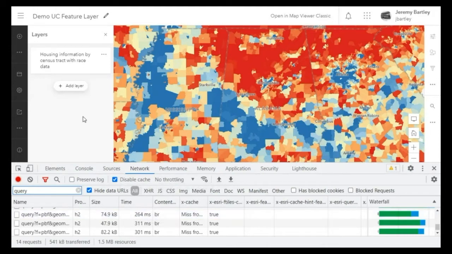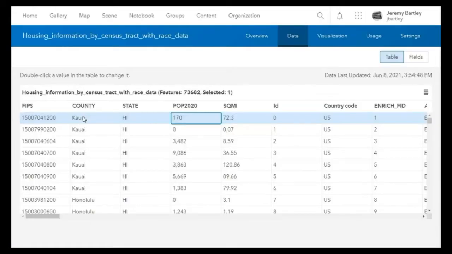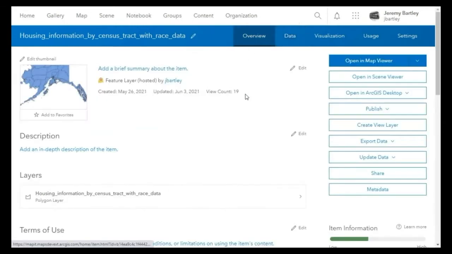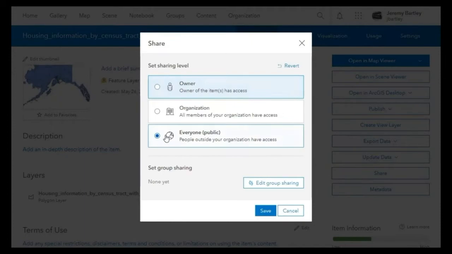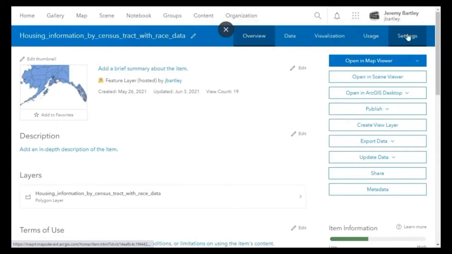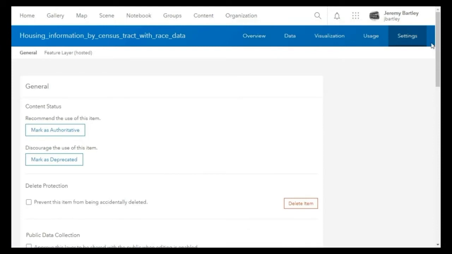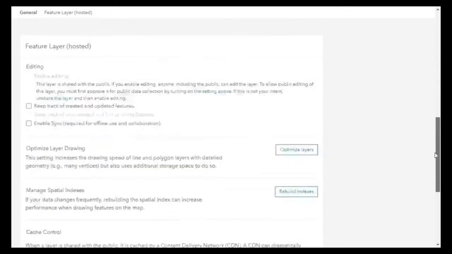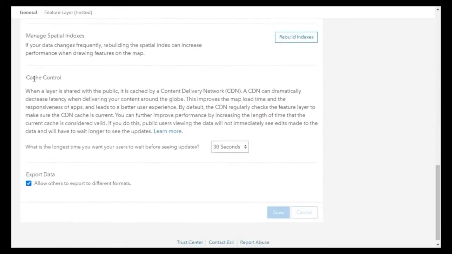Now what happens when I make this public? I'm going to go back to the item page, and I'm going to share this to everyone. Okay. And I want to call your attention to the settings of the item page. If you scroll down to the bottom here, you'll see this section on cache control. This allows us to improve the performance of your